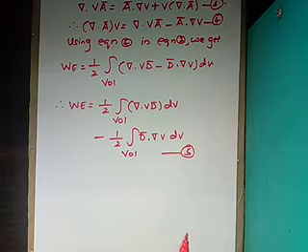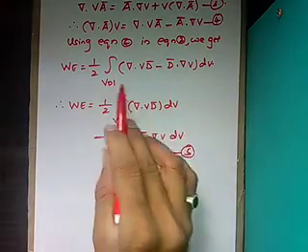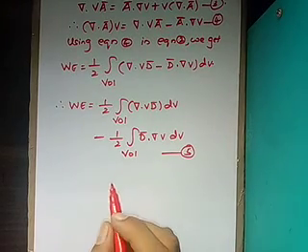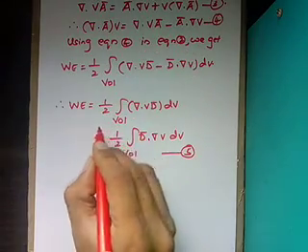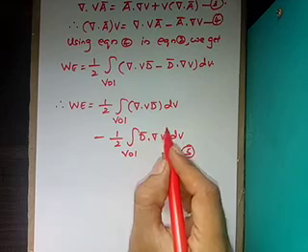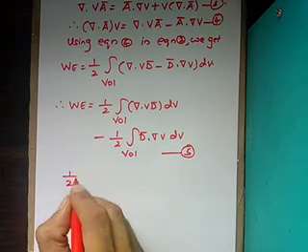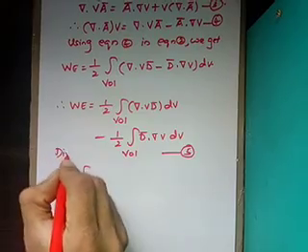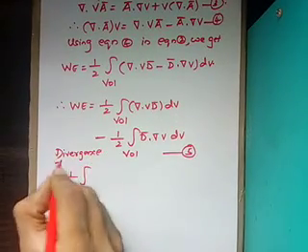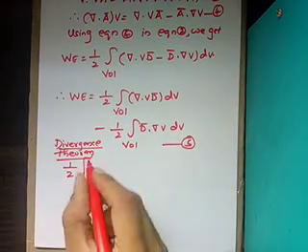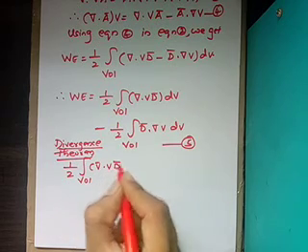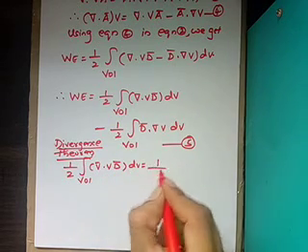Fine students. Now just I have expanded here, right? This is the equation. I have taken the integral to both the terms. According to divergence theorem, we can convert volume integral to surface integral, is it not? So here this term, that is half of volume integral del dot V d bar dV. So I'll write this half of volume. So according to divergence theorem here, half of volume integral del of V d bar dV is converted to surface integral.